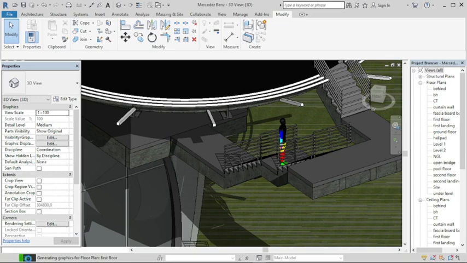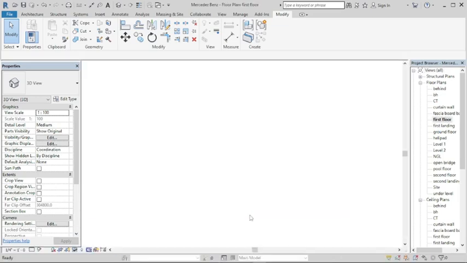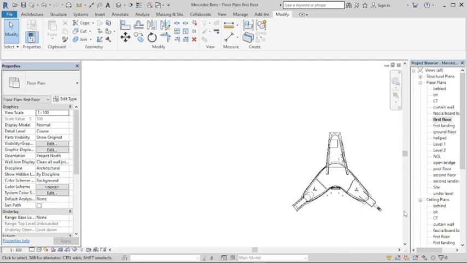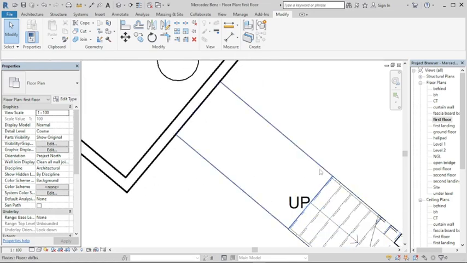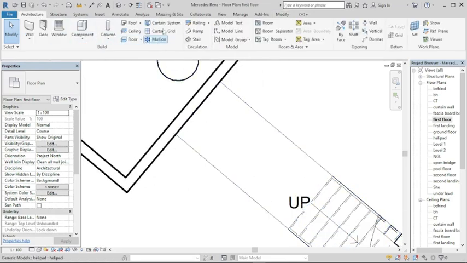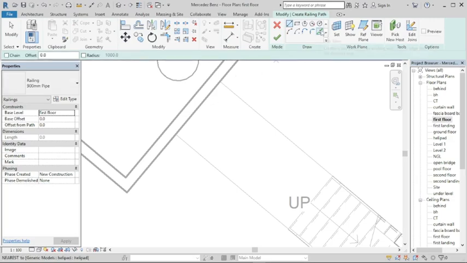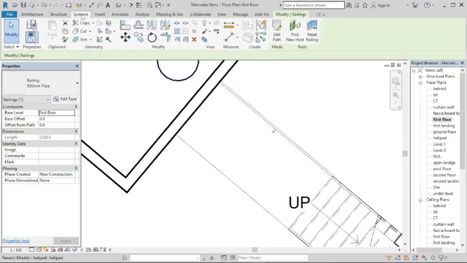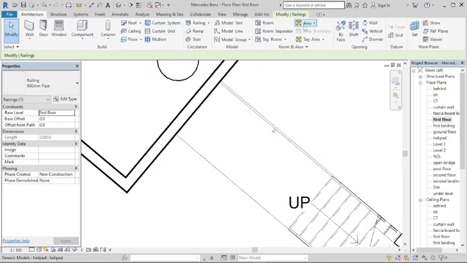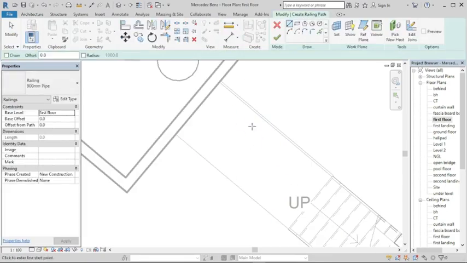click on it and just wait for it to load here, and it's opened. Now we can place our railings here at this side, each side. Now to do that, we just go to architecture, railings, click on railings, and then click on this tool which says pick line, and we can only do one per edit. Okay, go back to architecture, click on railing,